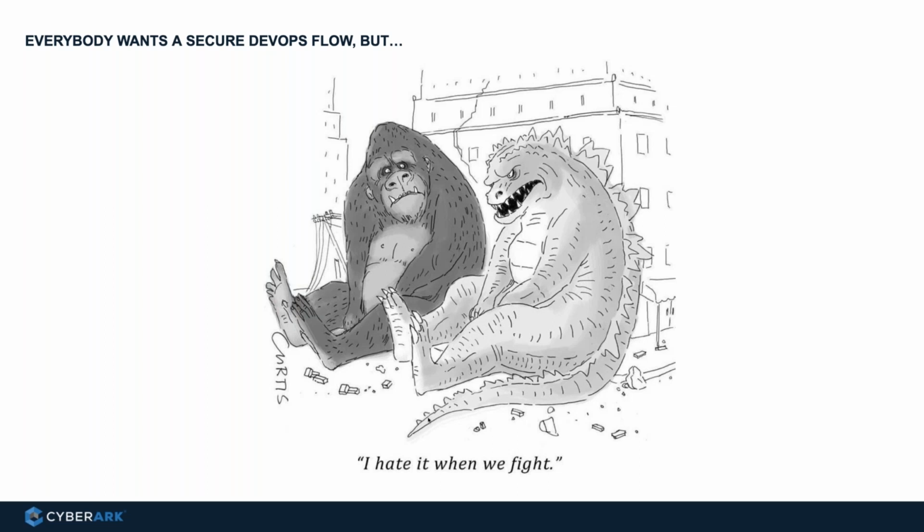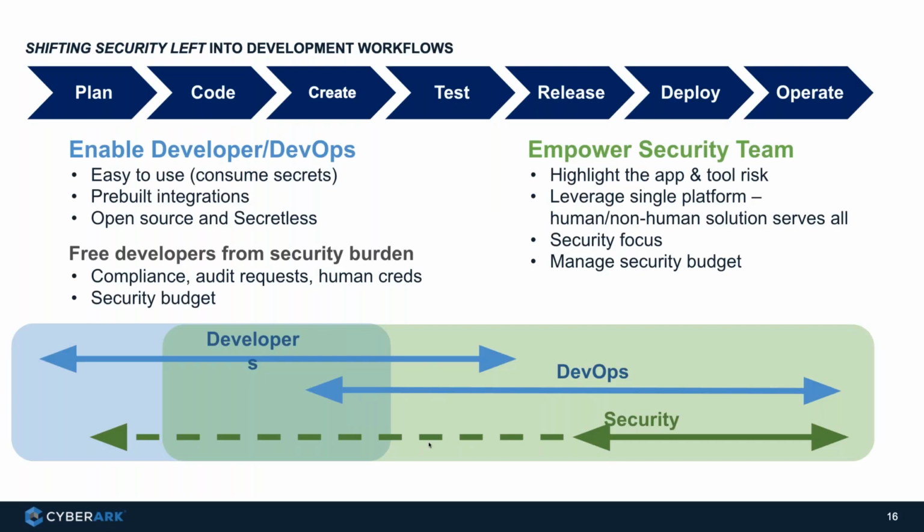Vijay, can we go to the next slide? So this is describing that. What we're enabling the developer and DevOps organization to do is consume secrets. And that's what we're going to walk through, various ways that applications can consume secrets to connect to a target system, in this case, a database. We want to free developers from having to be responsible for the things that security does as a part of its